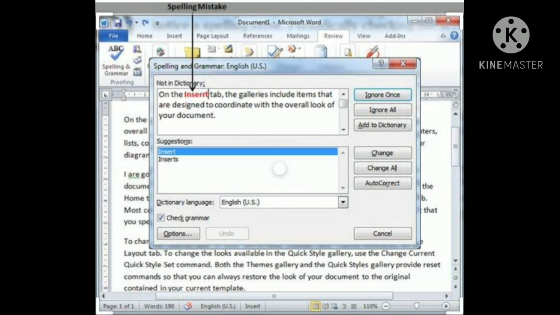Fourth, if no correction is required, click the Ignore Once button. The Ignore All button would ignore all the occurrences of the word in the document. Optionally, you can add the word to the dictionary by clicking Add to Dictionary.